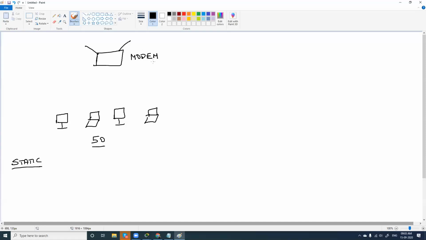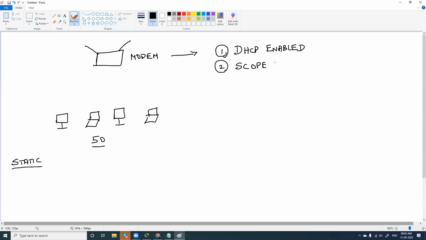But we have a few configurations to do in our modem. Point number one: DHCP should be enabled. Then you should set the DHCP scope. What do we mean by scope?